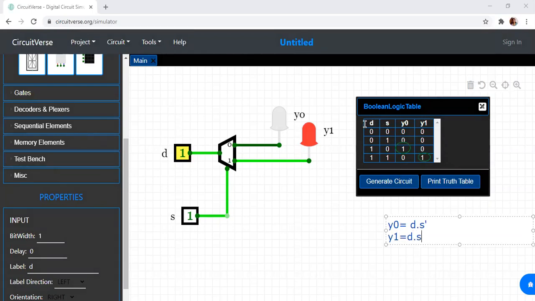We can also add one enable over here. If you add an enable, the circuit will be activated when enable is equal to 1 if it is an active high device, and you will get an output. So this will be equal to D into S bar into enable, and Y1 will be D into S into enable, if the circuit is using enable. So this is with respect to 1:2 demux.